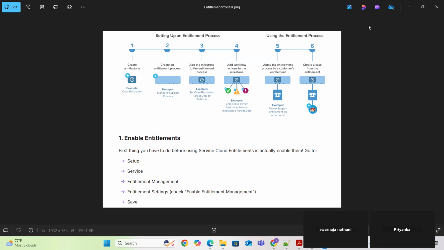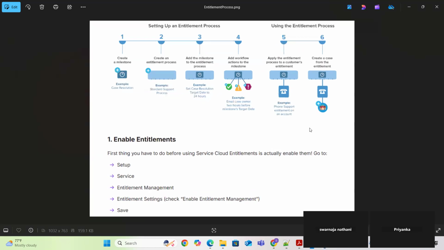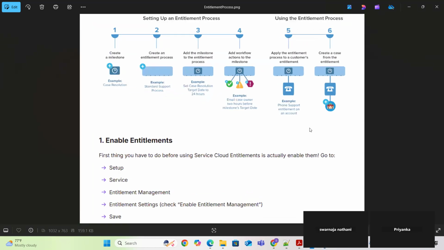So, coming to the entitlements, guys, the basic steps that we are going to do are 6 steps. First, the first thing that we need to make sure is that the entitlement process is enabled in our org. To enable it, we need to follow these steps.